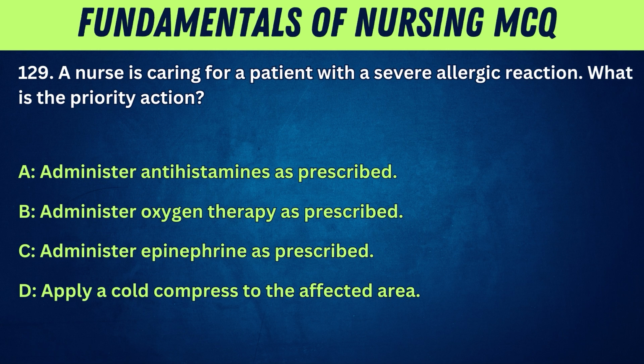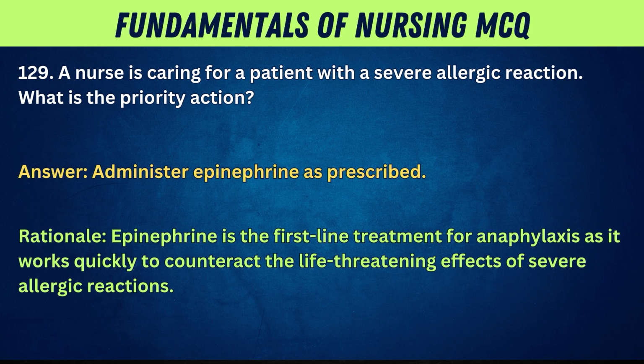pain. 129. A nurse is caring for a patient with a severe allergic reaction. What is the priority action? A. Administer antihistamines as prescribed. B. Administer oxygen therapy as prescribed. C. Administer epinephrine as prescribed. D. Apply a cold compress to the affected area. Answer: Administer epinephrine as prescribed. Rationale: Epinephrine is the first-line treatment for anaphylaxis as it works quickly to counteract the life-threatening effects of severe allergic